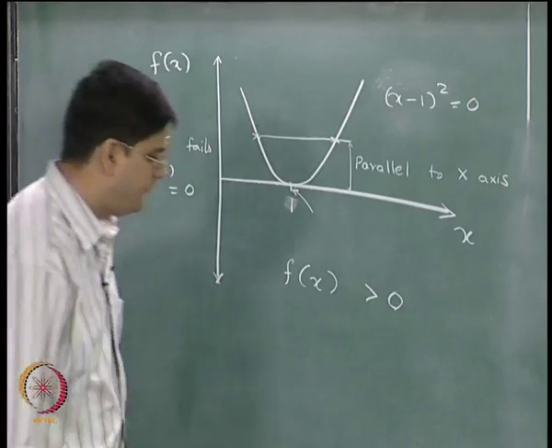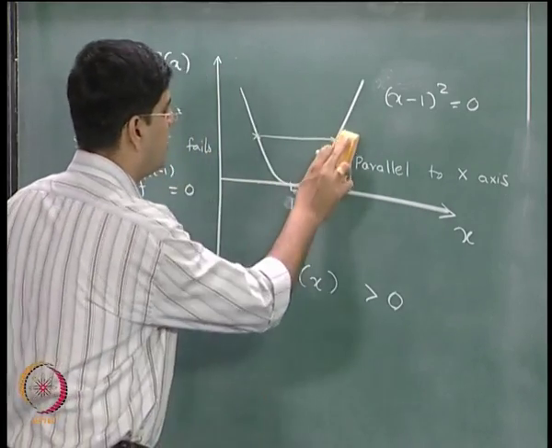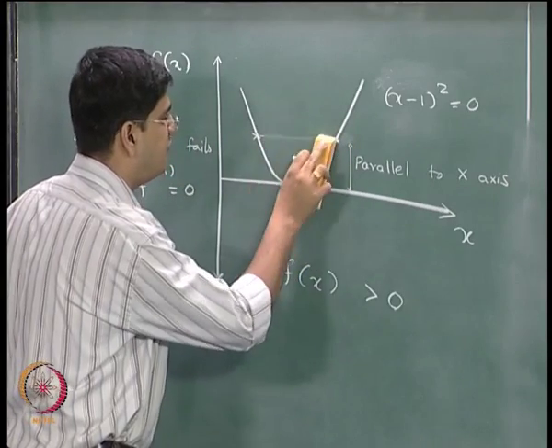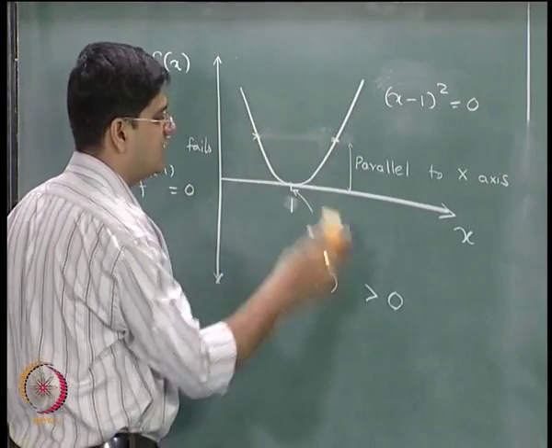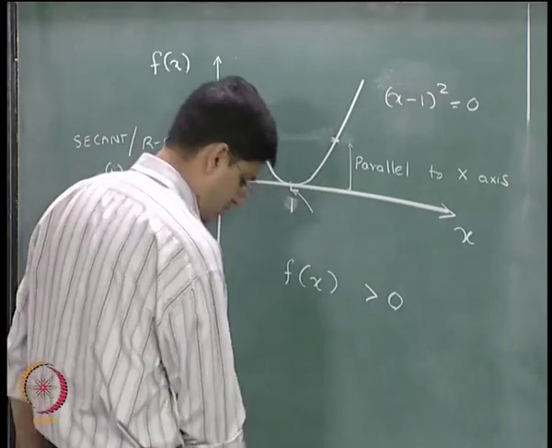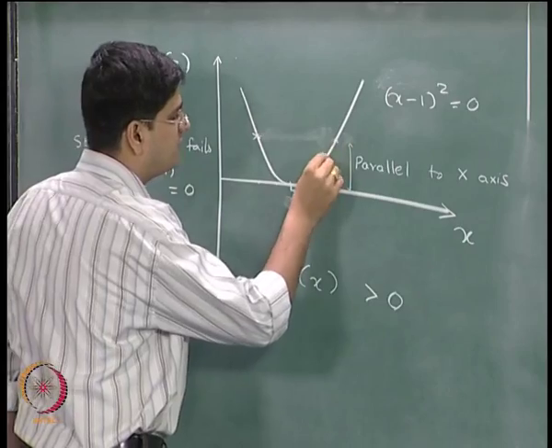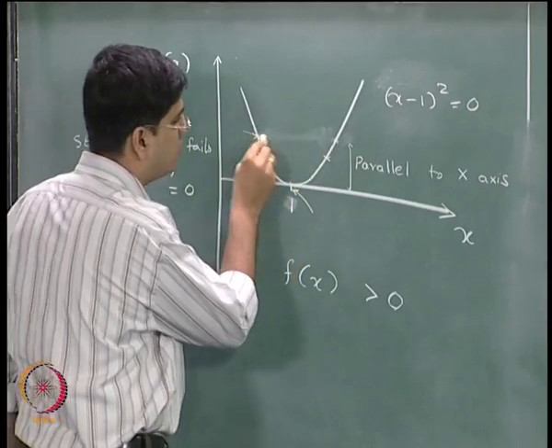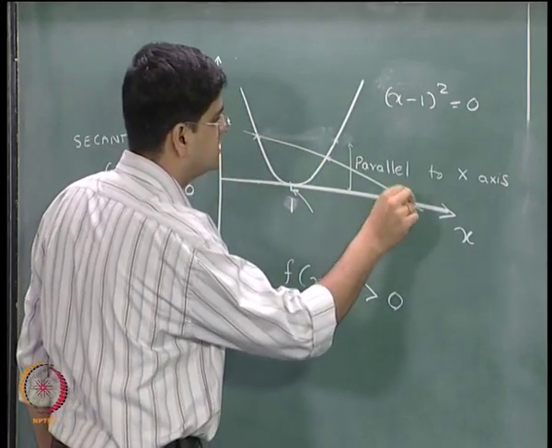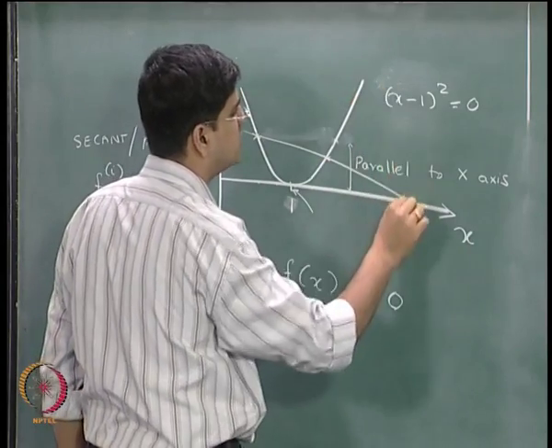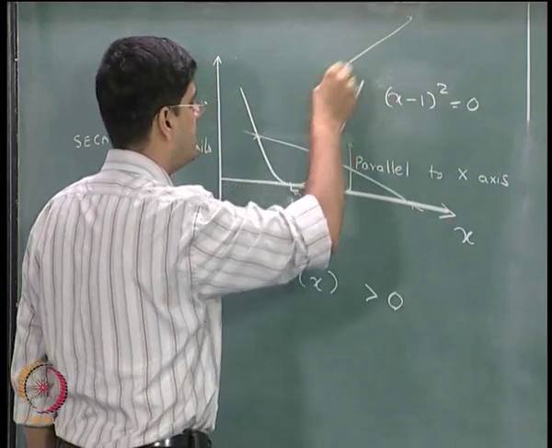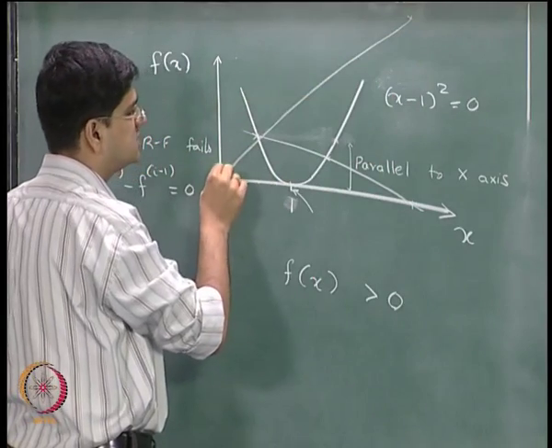Okay. However, the secant method will not fail if we have even a slight difference between xi and xi plus 1. So if we have a situation of this type, we can always connect this point. We will essentially get this particular point as the next point, and then we will be able to connect this, we will get this as the next point,